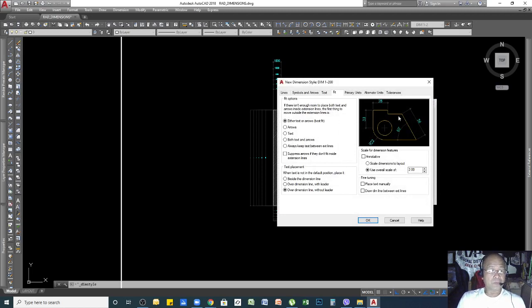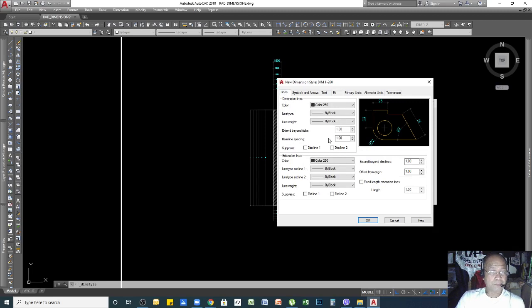So we will set up this one. Assuming that you are new, everything you will set up from the very beginning. You will start by selecting your color. Here, for a try, we'll make the dimension line red. As you can see, the color here changed already.